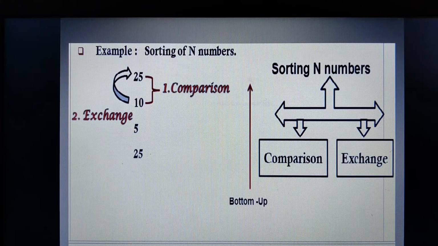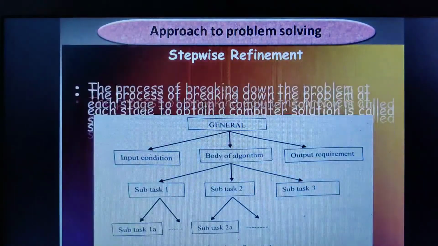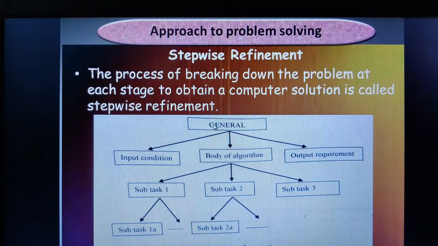Now let us move on to the programming techniques. Before that, let us know what stepwise refinement actually is. Stepwise refinement is the process of breaking down the problem at each stage in order to attain the computer solution.